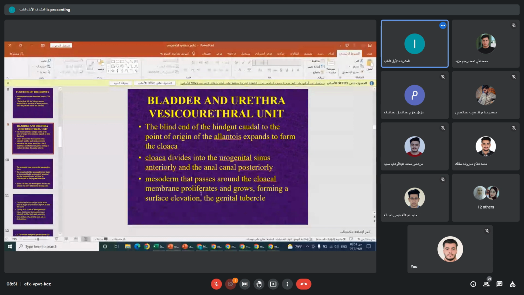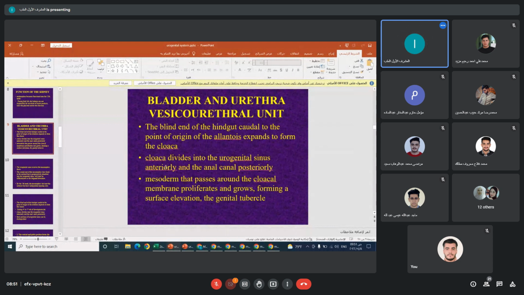So here, what are we going to understand? We have three points. What is the cloaca? It is the blind end of the hindgut, caudal to the allantois, that expands. Or we say, the expanded blind end. Okay, and the cloaca is divided